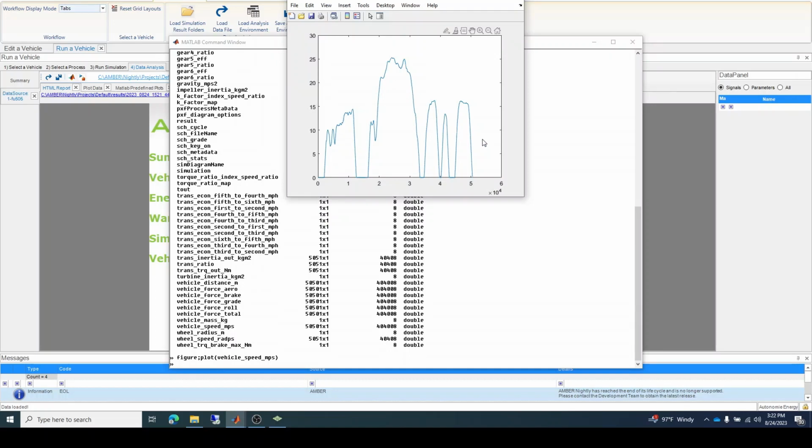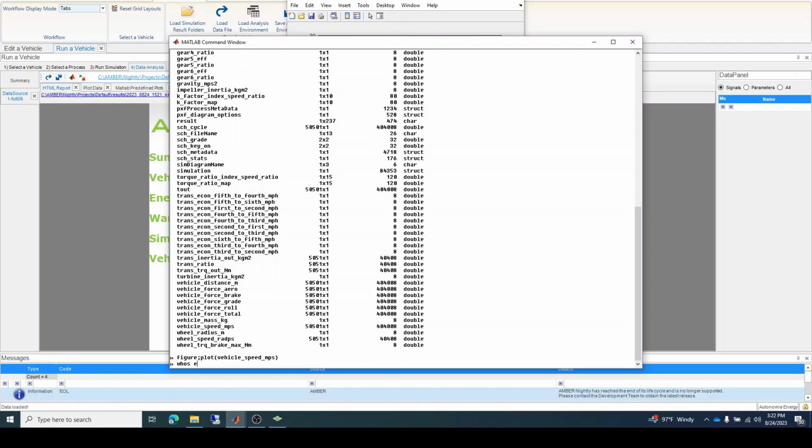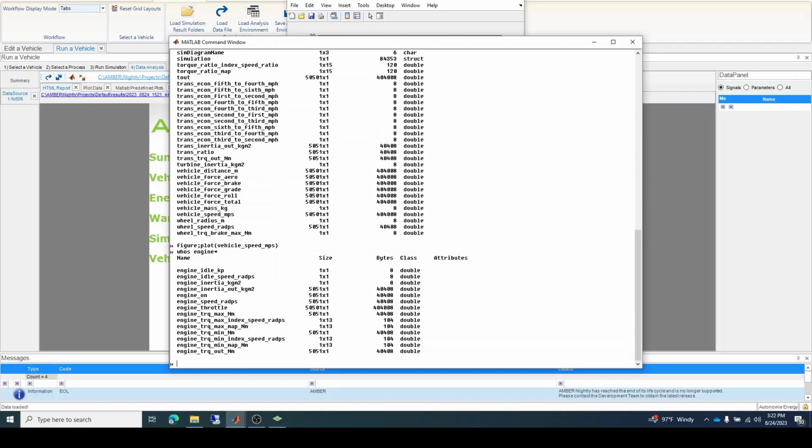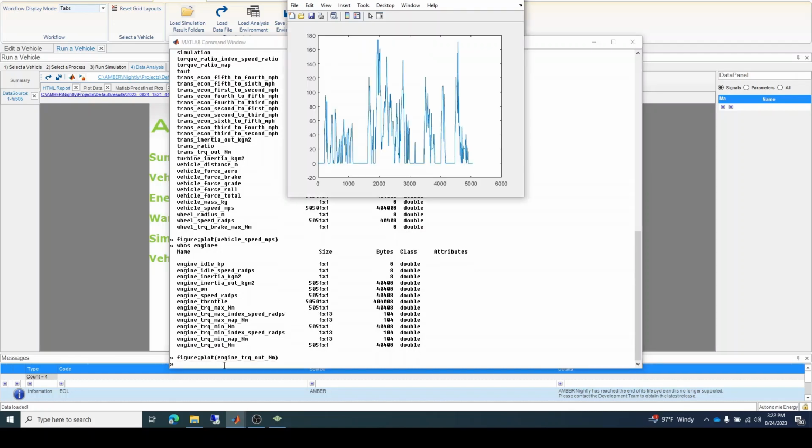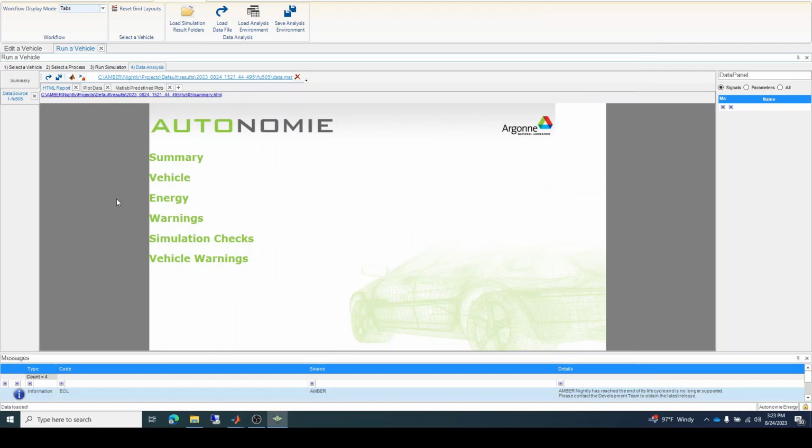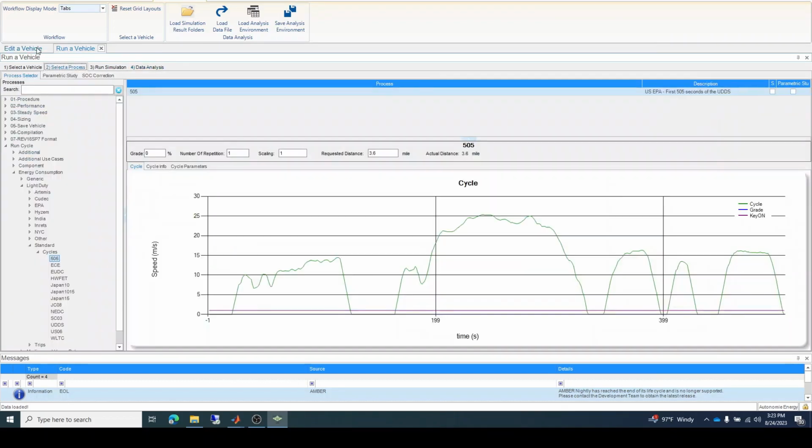You can see the vehicle speed in meters per second. You could also plot the engine output torque in Newton meters. And we can see the engine output torque. Now, something else that we can do is,